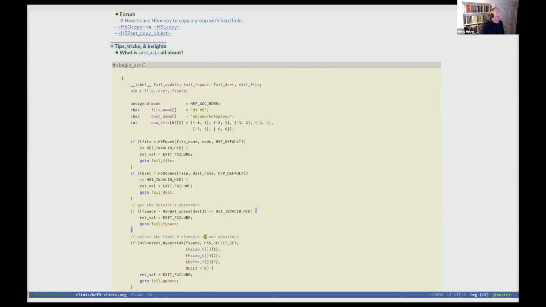But here I didn't include the code that would do the parsing, where I would ask what's the rank of the data space and what's the extent and so forth. So I left that out. But assuming I had that knowledge, I'm going to define a regular hyperslab, and I'm going to pick in that 10 length array, so to speak, every other element.